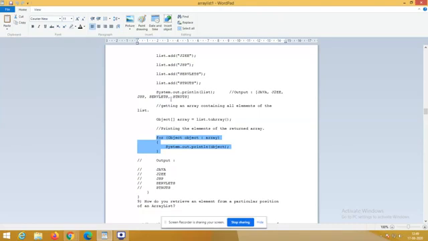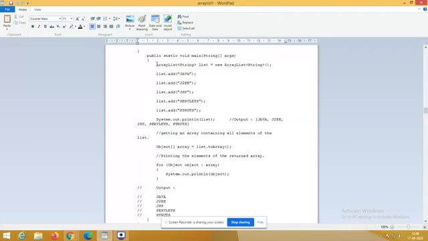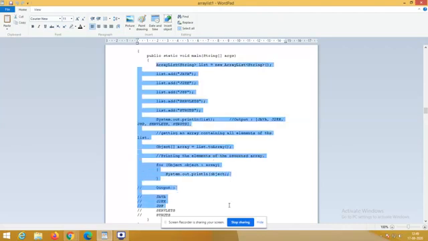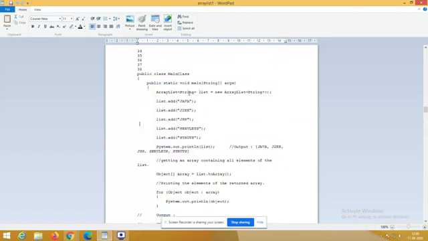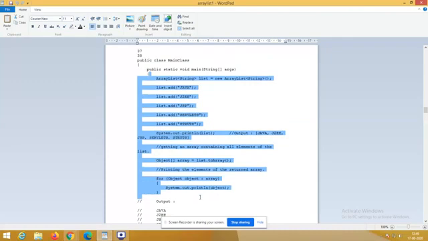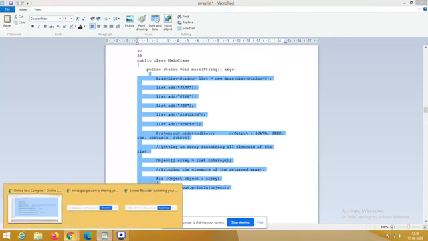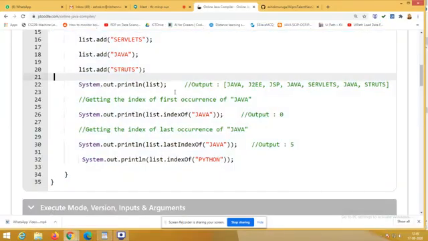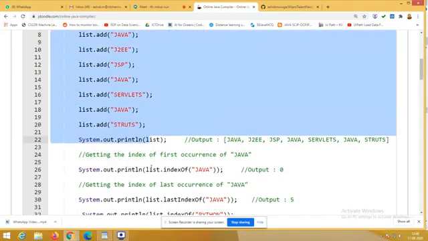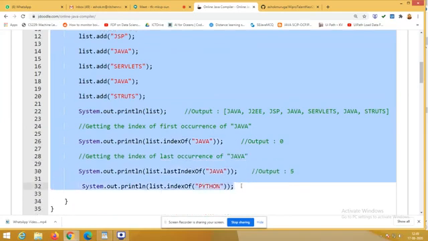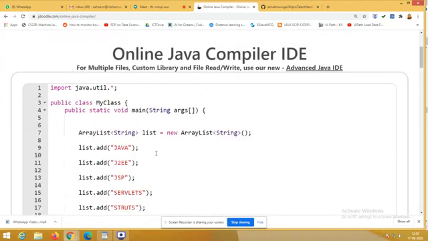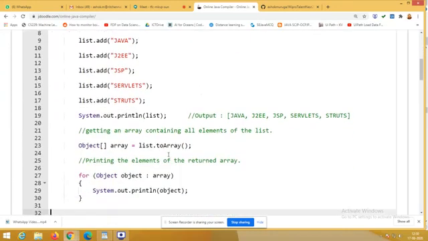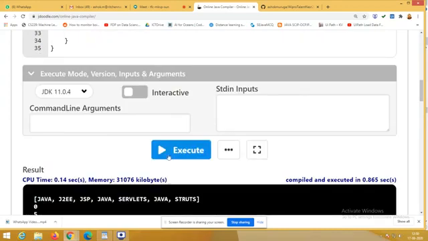Okay, now we'll execute this. So how to do that? Just copy this. I think it's not necessary to copy everything, I'll copy up to here. Control C. We'll go there. From here we will delete. Right? Let us check.